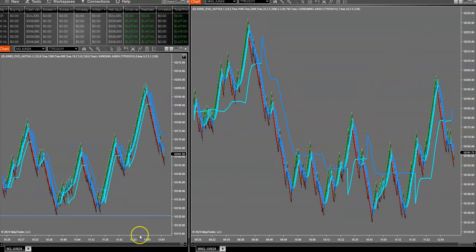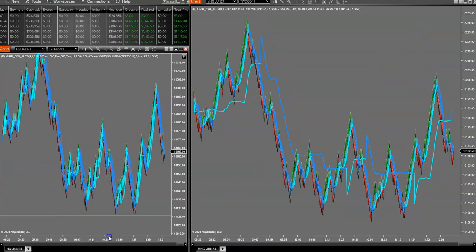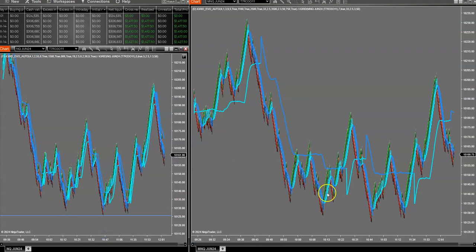That was a nice slap down. I was using my drawing tool. Oh yeah, there's some pattern. Okay, right here, and just below this, there's some support. So it's like they built support earlier in the morning. Now they're building support in a new level just above. That makes sense.